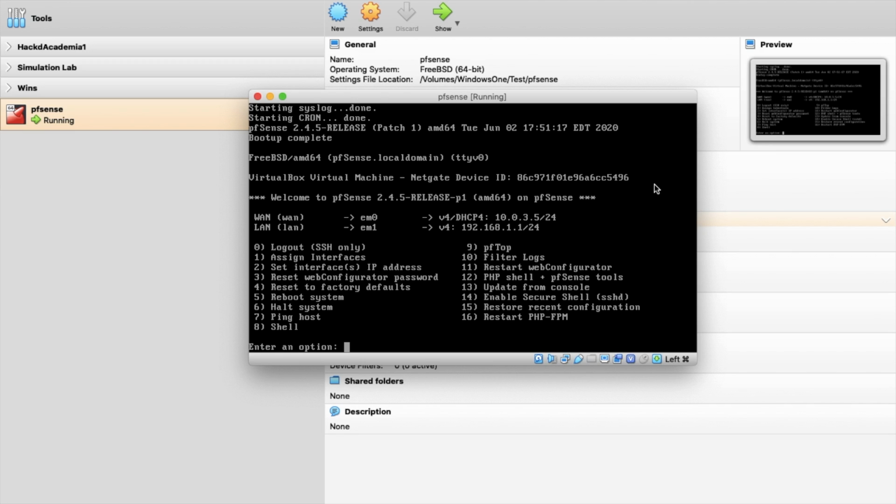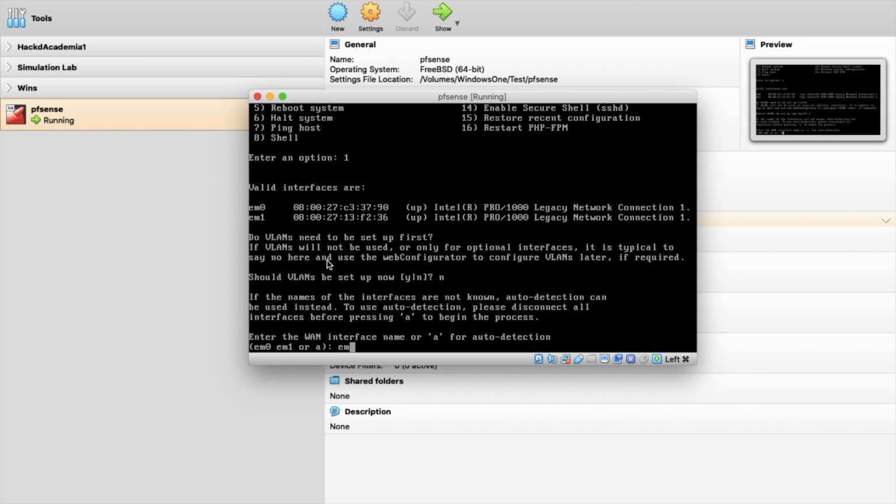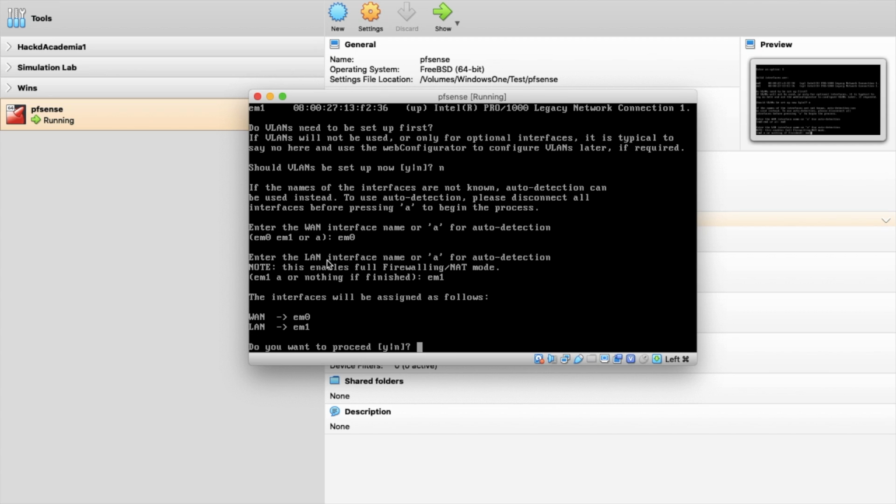Guys, our pfSense firewall is ready. Now the only thing you have to do is assign the interface and set the IP for your interface. So what I'm gonna do here, I will select option 1, which is assign interface. So type 1, hit enter. Yeah, so I don't want to enable any VLAN. Click enter, N. Yes, I'll keep default em0, em1.